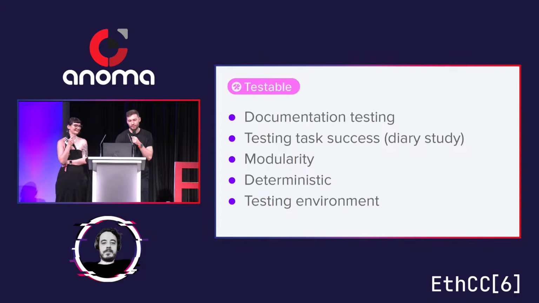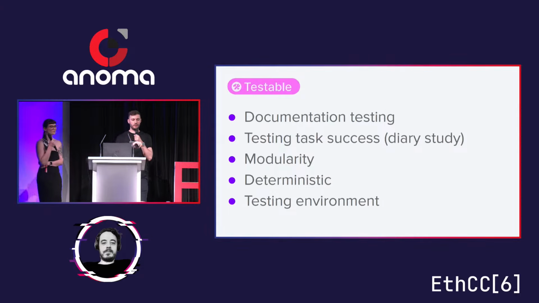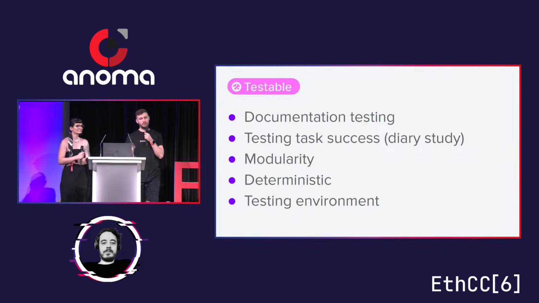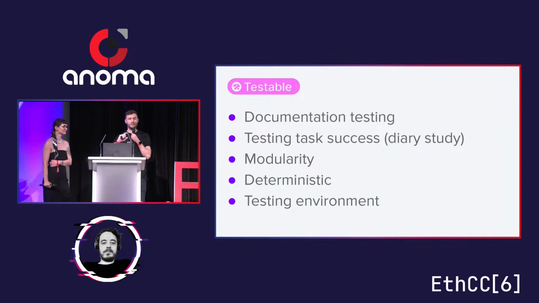Oh, it's also important to have your code be modular, so you can test parts of it without going through the whole process. So instead of doing 20 steps to get to the part that you actually want to test, have a way to fast forward state. It has to be deterministic. So can you reproduce your user journeys? Are they always the same? Can you freeze the state and reuse it? And if possible, provide a testing environment for your developers. So like a testing network or an easy to set up way like GitHub Codespaces where with 1 click you create the whole environment and people can use it right away.